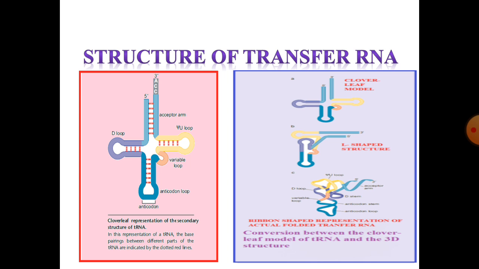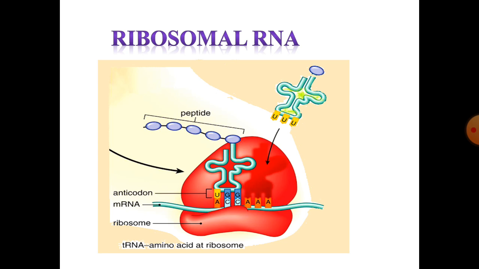Here, as you can see, there is alternation between the cloverleaf model and the L-shaped structure during the process of translation, which takes upon the favorable conformation for the process to occur. The next one is the ribosomal RNA. As I've mentioned earlier, the tRNA has specific sites to be bound to the ribosomal RNA during